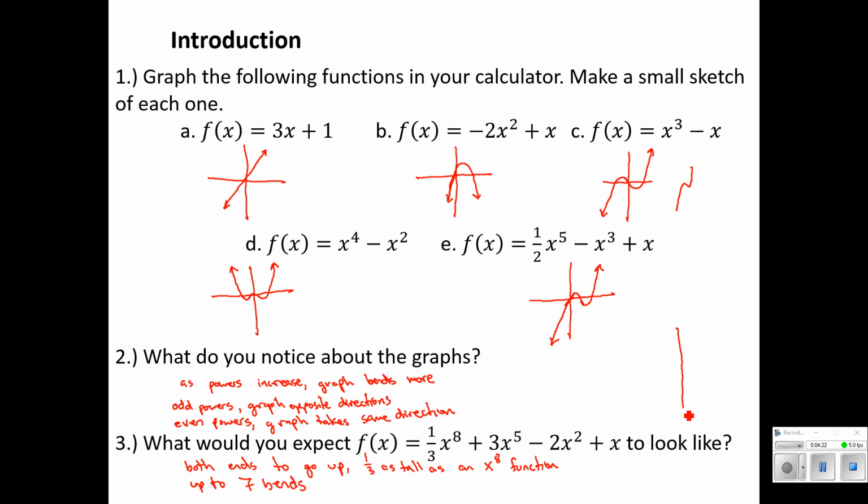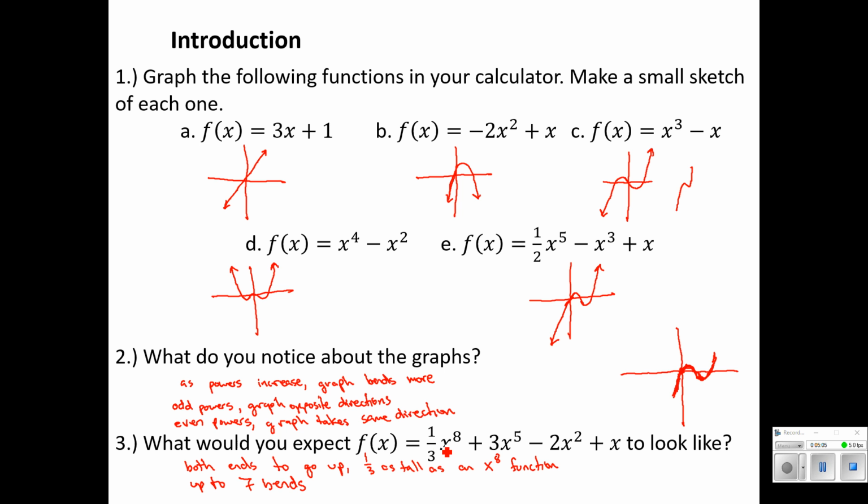All right, and if we were going to do this, I have another video on my YouTube channel called Sprinters, Intermediates, and Distance Runners. It's an honors pre-calculus lesson, but that kind of teaches you how to get the general shape of a function. So there's no constant, which means we're at a 0 y-intercept. Next, I see a plus x, which means I'm sloping at a positive 1 slope for an instant. Then I see negative 2x squared, which means as I move away, I start to look like a downward-facing parabola. Then I see 3x to the 5th, so I know the right-hand side must rise, left-hand side must continue to fall like a fifth degree. They go in opposite directions.